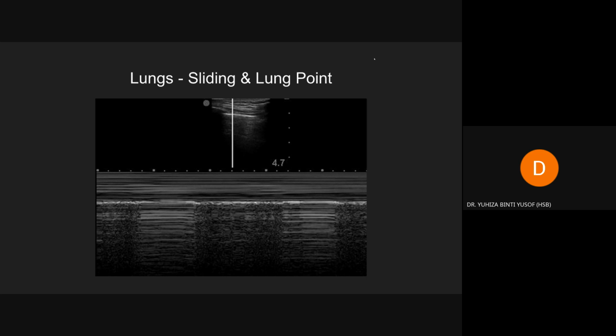Ada 4 benda. Zaman dulu yang tengok ni, daripada sign, lepas tu bakut, lepas tu lung point, lepas tu lung pulse. Okay, so sebenarnya untuk shortcut, kalau tak nak buang masa,